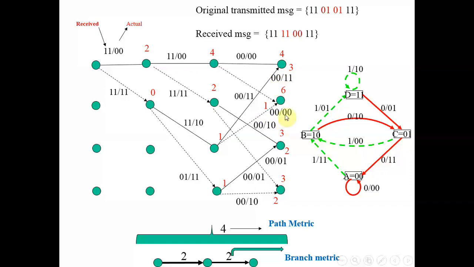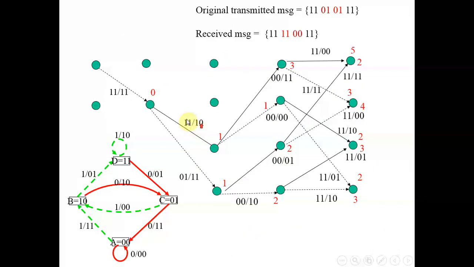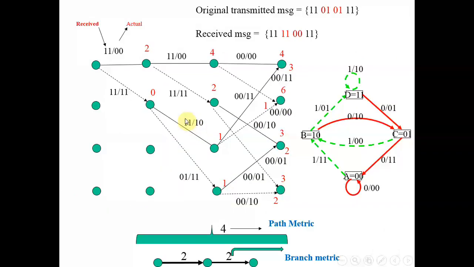So it's very simple to calculate. Just for every state, assume that if I go from this to this, what is the actual output and what I am getting right now, and calculate all the metric values. Again I repeat, if I calculate the error only across the branch, that is called branch metric, and from the initial point up to that particular point is called path metric. So this is how the Viterbi will work. I just hope you go through this and try to solve this example on your own. You may try some different example.